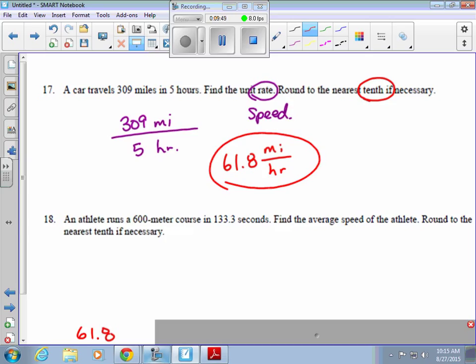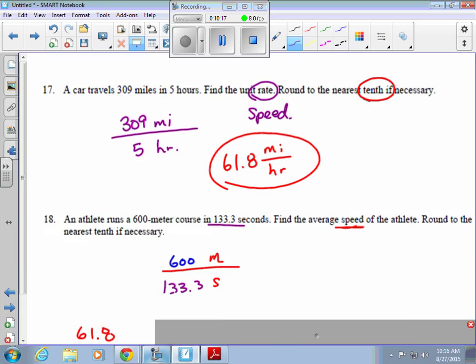Almost the same problem, number 18. An athlete runs a 600-meter course in 133.3 seconds. Find the average speed. Again, you're finding the speed or the rate. We don't have miles per hour now. Now we have meters per second. 600 meters is how many meters there are. 133.3 seconds is how many